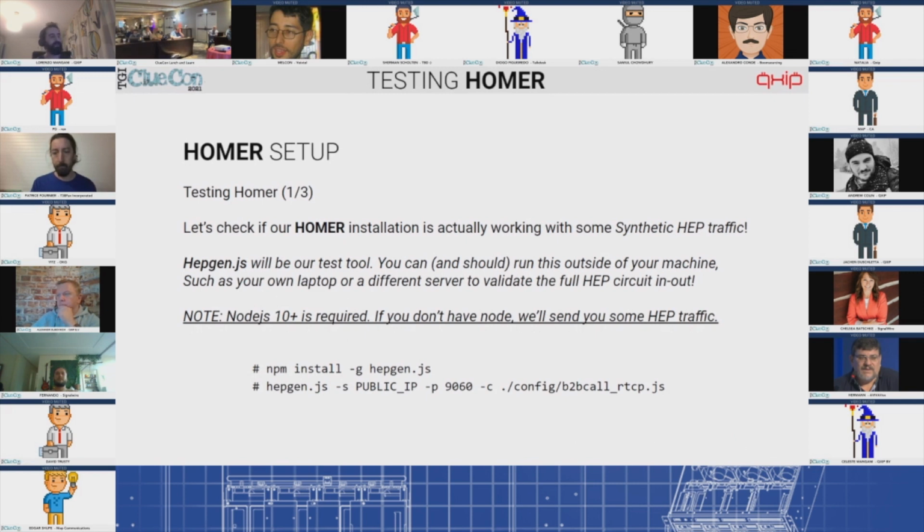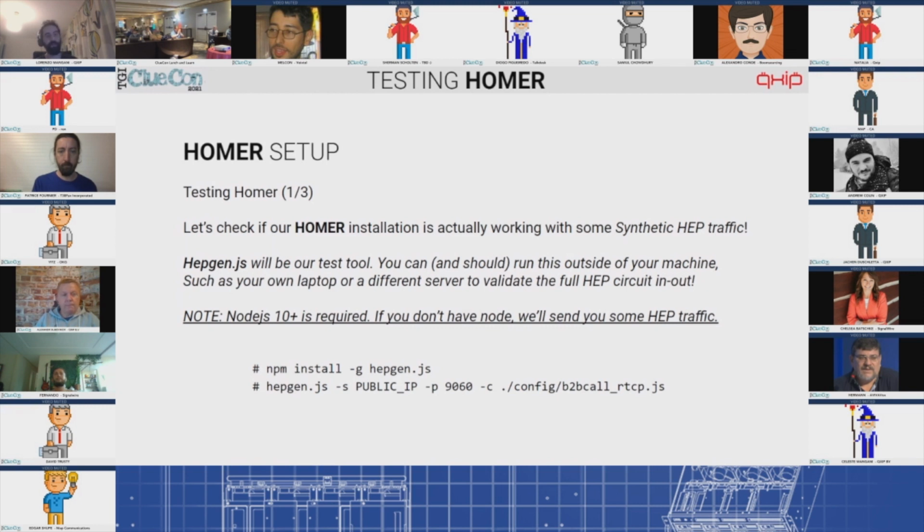It's a little node application that works just like cURL. It basically allows you to create synthetic HEP that you can send into the platform. And this is actually what I'm using all day, both from a validation perspective, but also for CI. Let's say I'm configuring HOMER to extract a custom header, and for whatever reason I have some difficulties, or I want to validate it. Instead of making 100 calls, you can create a fake HepGen scenario that sends an invite with your special header